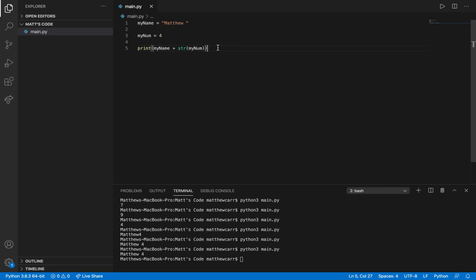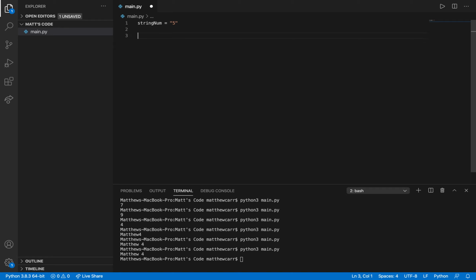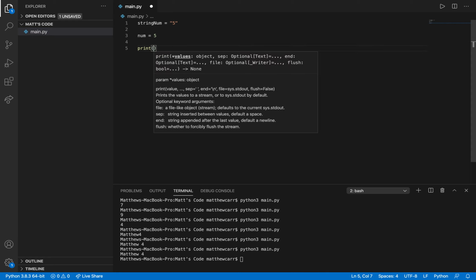And then let me show you this. String num, let's say that's equal to quotations 5. So this is a string variable. And we have num, which is equal to 5. And we want to print 10, so we want to add these both together.